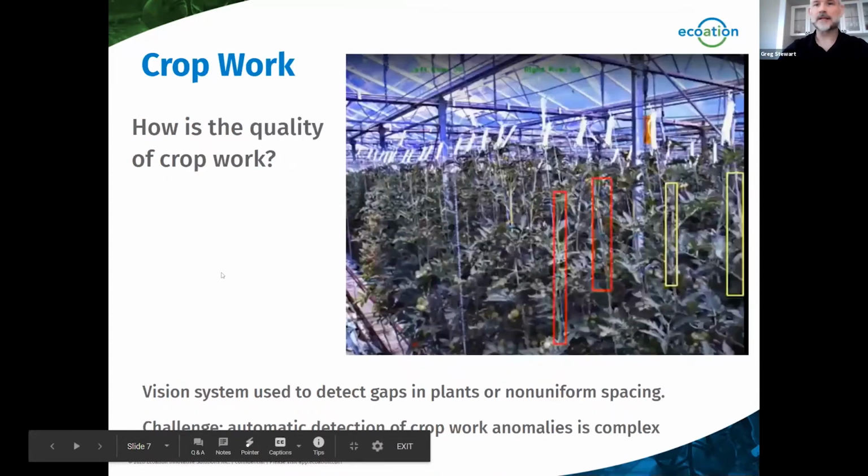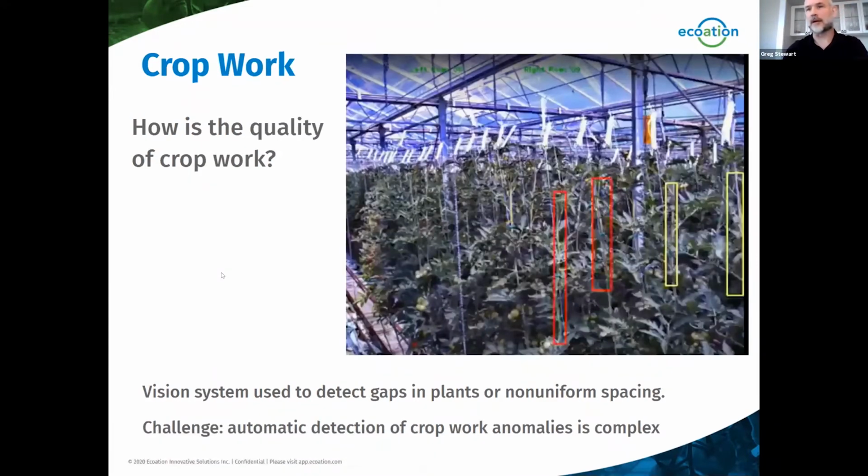The next thing is what we'll kind of generically call crop work. Tomatoes are what you call an indeterminate crop, meaning that they'll just keep growing, right? So they can become as big as 10 meters high by the end of the season. So what they do is every week they want them to be at the same height because the producing part of the plant is really only at the top. So they will lower them. They grow, let's say, about that much every week. So they want to lower the plants and slide them along.